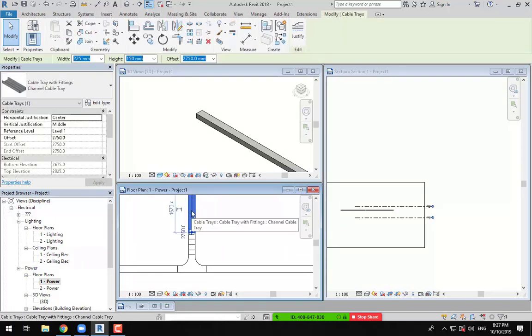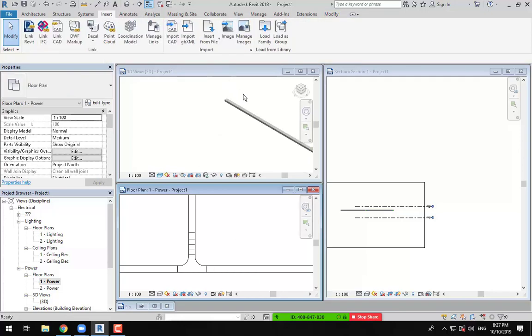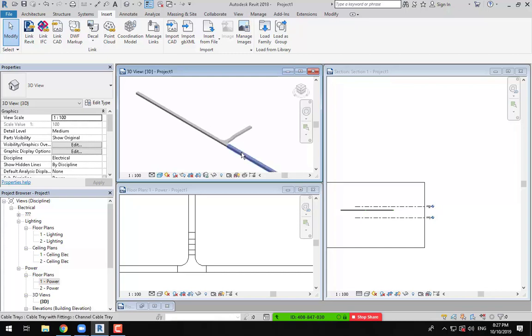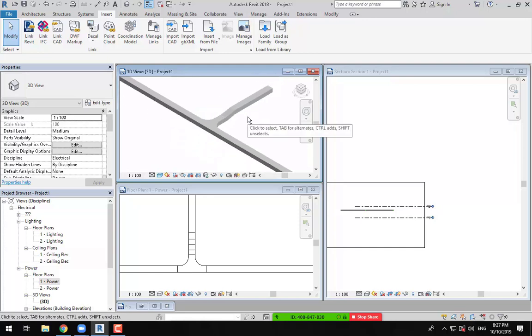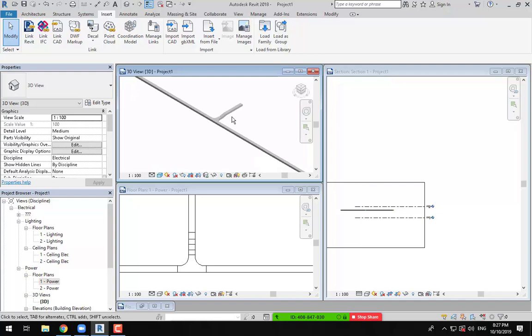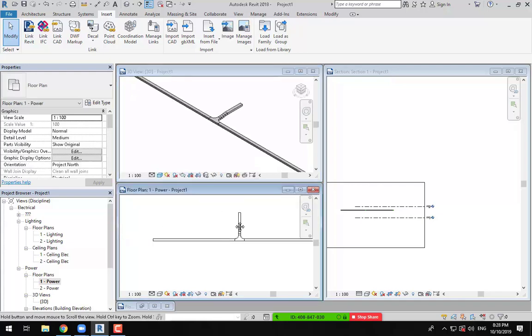Revit made this shape here because the offset for this cable tray is different from this one. What is this number? 2750. And what is the offset here? 2657. What is Revit doing here? It's changing the offset of the cable tray, changing the height. For example,